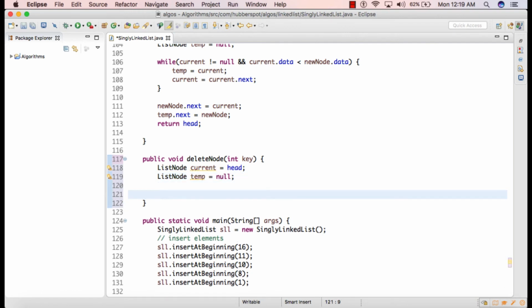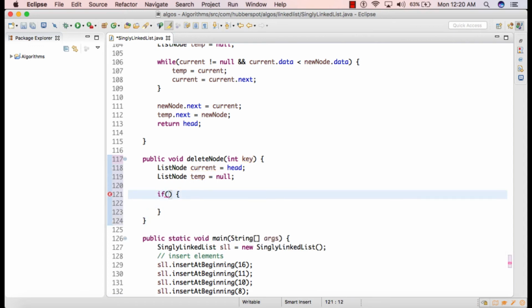We need to code an edge case which we did not see in the slide. That edge case first: suppose head data matches with the key, then we need to handle it separately. So we can write an if condition: if current is not equal to null and current.data equals key.